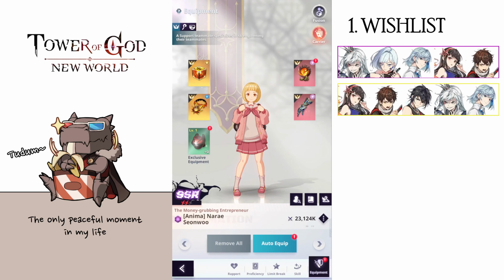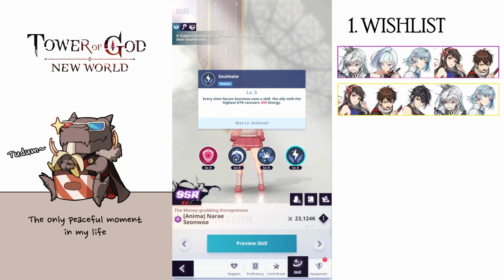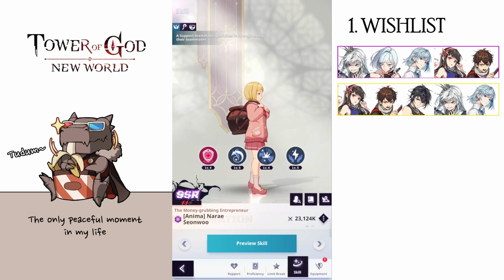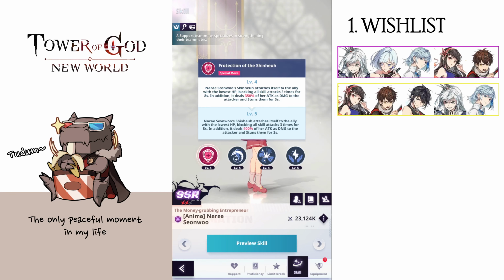Then the other option is Nare. She is good, but she's only like an energy battery for your team, nothing crazy. And she has some debuffs, but nothing too important. The main thing is the energy recovery from her passive, and in theory, theoretically, the invincibility she can give with